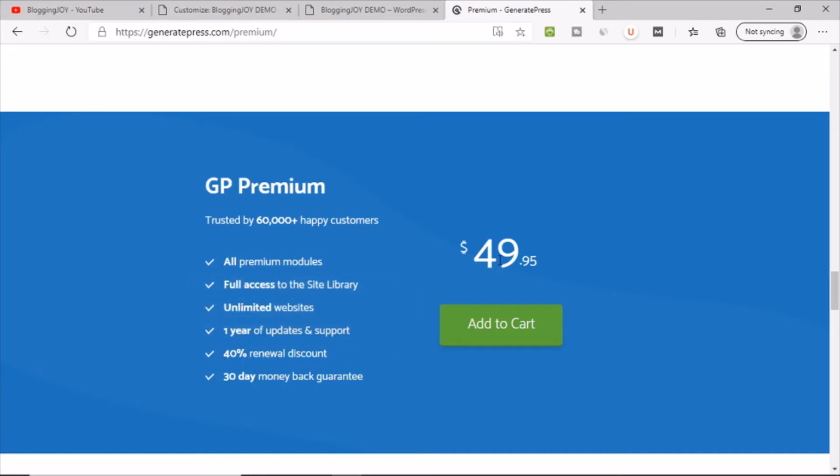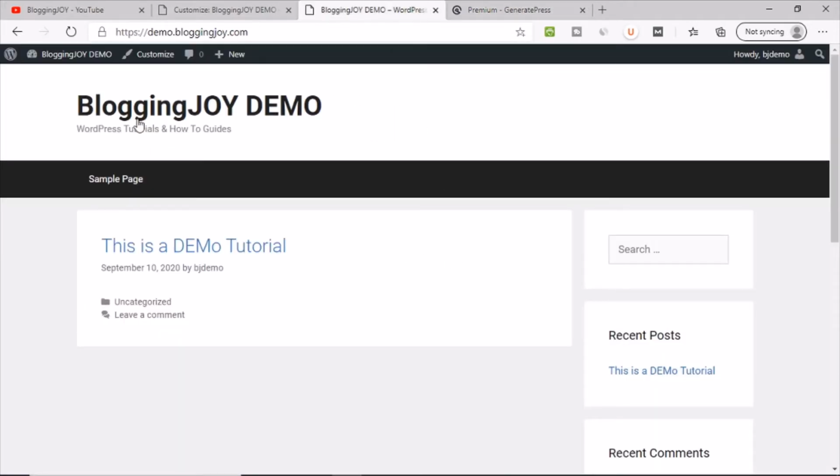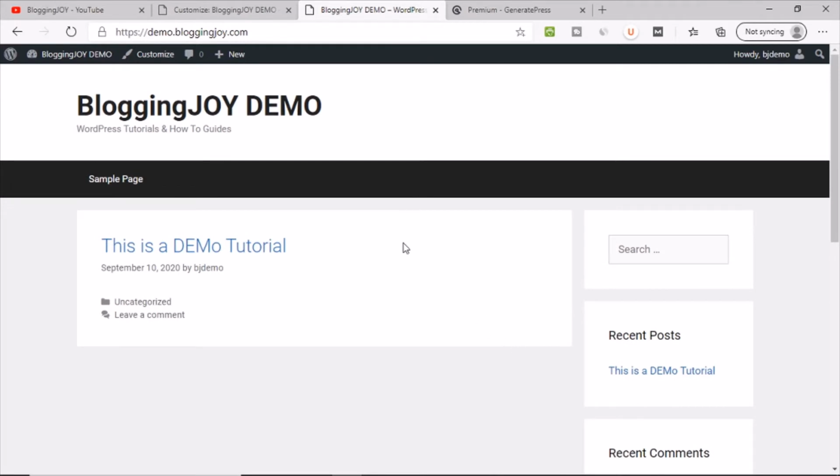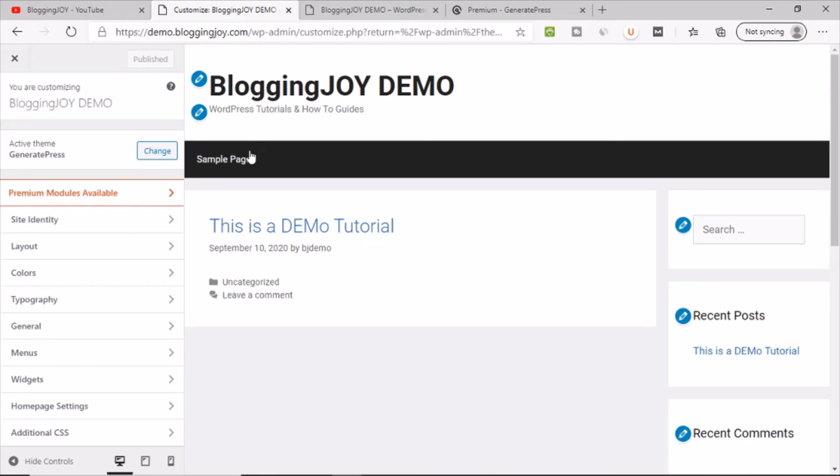So this is one of the best investments that you can do for your website or blog, and I always recommend that you must go with the premium version, because with this layout there is no problem, you can start your blogging, but look-wise, design-wise, it is not at all beautiful. So now let's install the GeneratePress premium version and try to see how we can modify this entire website. Now GeneratePress premium is not a theme like other themes. Actually this is a plugin.